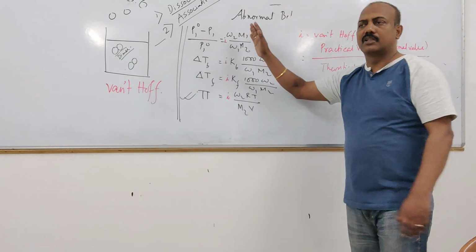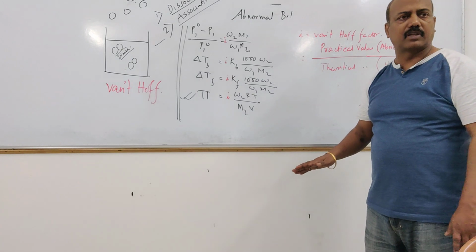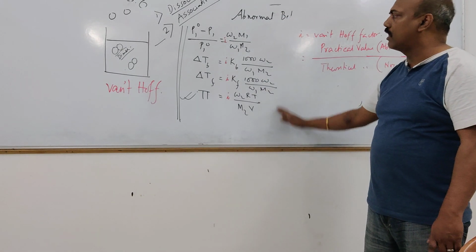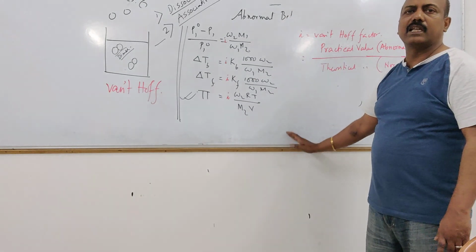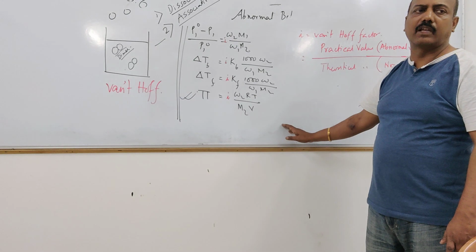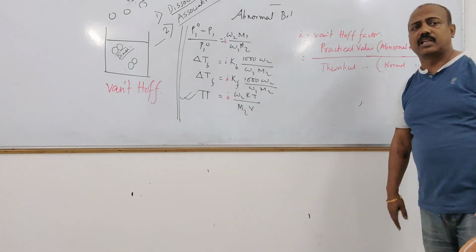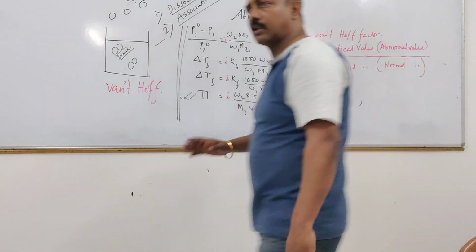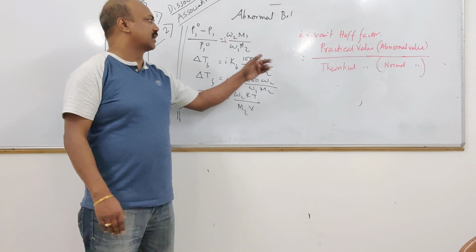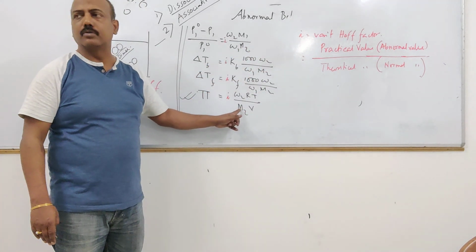Now see this. There should not be absolutely any confusion. Now see these equations. All equations. Where are the molar masses placed in all the equations? Obviously the molar mass of the solute. Is it placed in the denominator or numerator? Just check it. In every equation, the molar mass is placed in the denominator. M2, M2, M2, M2.